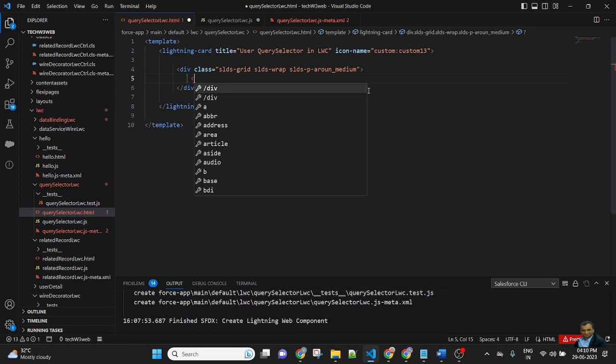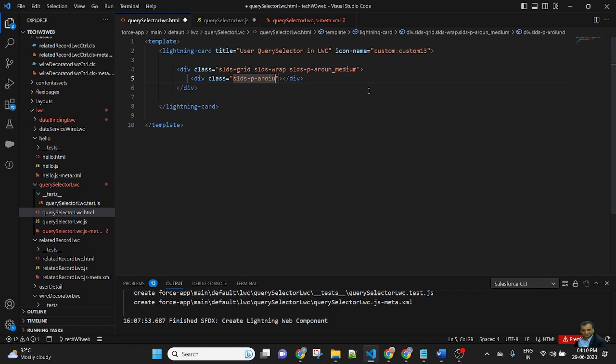Here I will create three input fields: name, city, and country. Div, class equal to slds-p-around_medium.